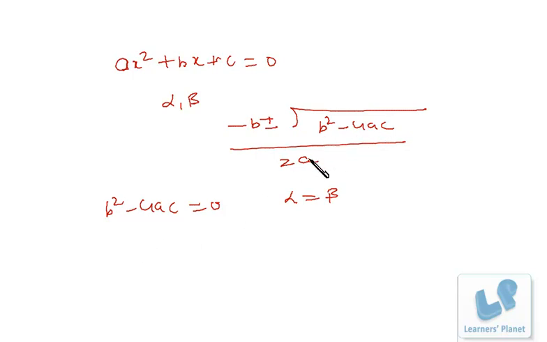Now if b square minus 4ac is greater than 0 and if it is a perfect square, so if it comes out of the square root, in that case whatever value we are getting after the square root will be added and deducted from minus b to get the two roots, right? So there are two things. If it is 0, both the roots will be same or both the zeros will be same. If it is not 0, both the roots will be different. Okay, so that you have to be clear. Okay,